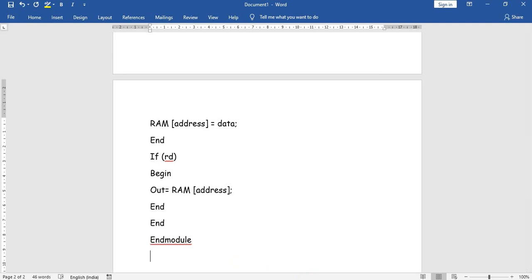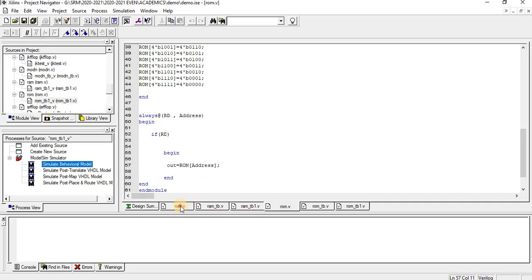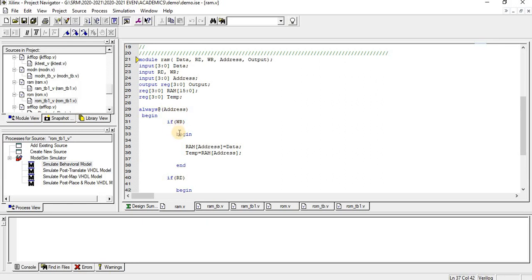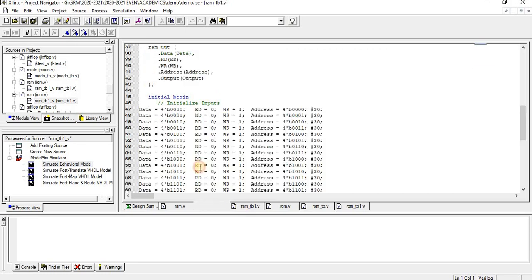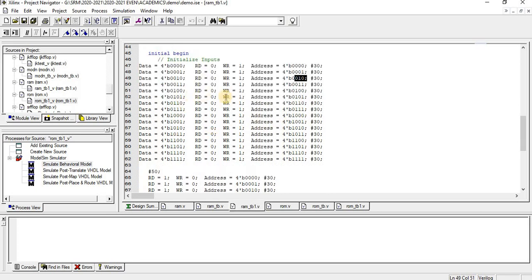So now what happens, I have given the program written over here. So this is the corresponding test bench. So here I have given a formed and corresponding RAM. So here the data is 4-bit binary 0000. If I give write is equal to 1, then this data should be stored in the address called 4-bit 000. This data should be stored in the address called 01. Then 10 will be stored in the 10 address. So likewise I have given this corresponding data, write and address operation.